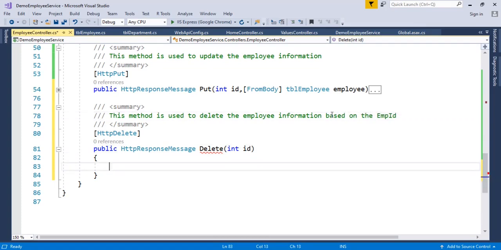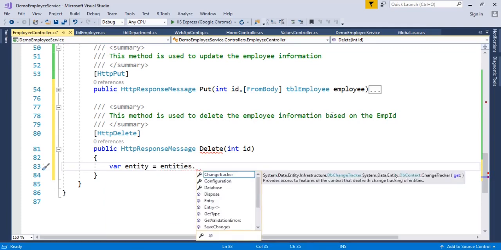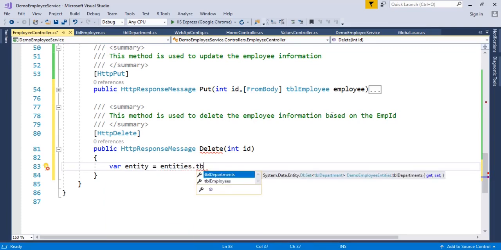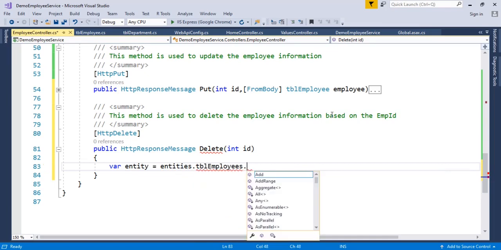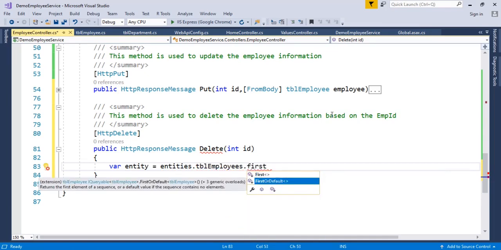So for deleting, again we are going to get the entity, where entity equal to, from that entities dot tbl employees dot, again first or default. So this first or default is going to get the matched employee ID information. If the matched employee ID information is not present, it will not throw any exception, just it will give null.